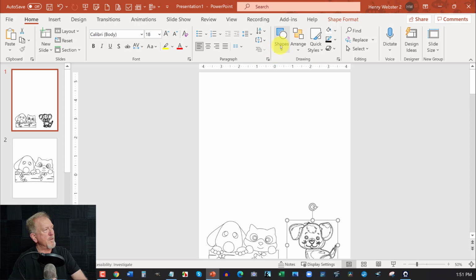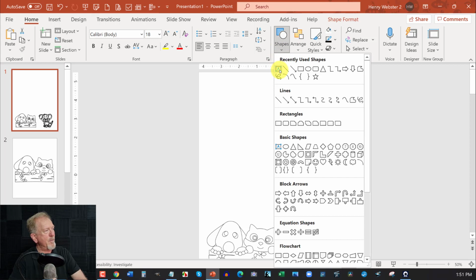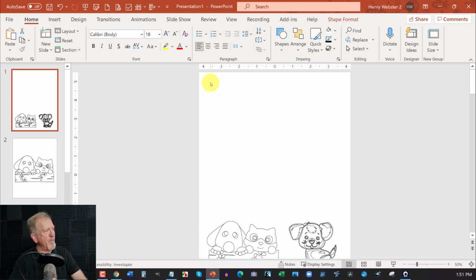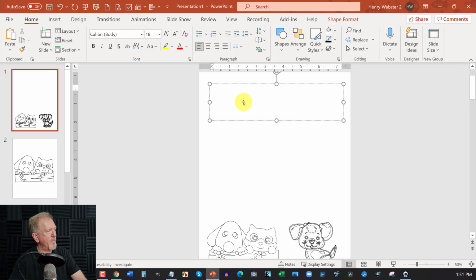Alright, now next thing you want to do is be in the home section. You want to go over here to the shape area. We're going to grab this, that there, which is the text box. Grab that and drag it across here. Now I'm going to type, this coloring book belongs to. Okay, and we're going to centralize that,